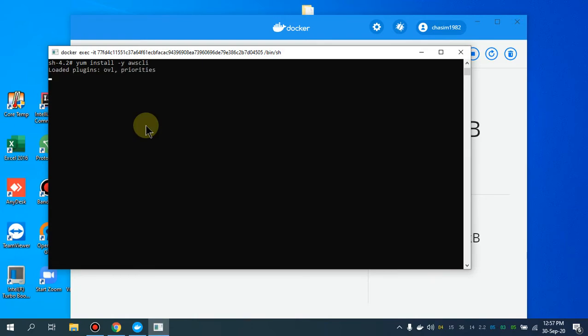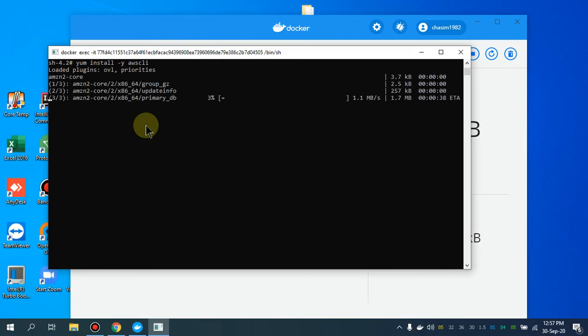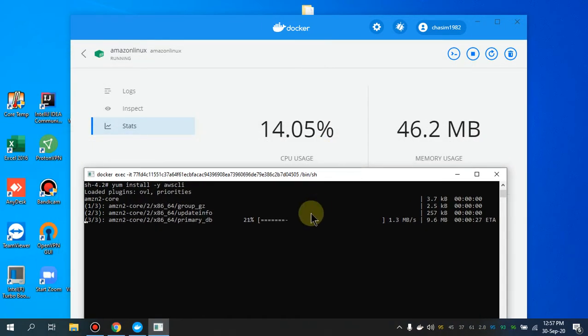So just like on your EC2 machine, you do yum install AWS CLI. So everything is going to be installed for you. You see the stats as well. So this is the really cool way to manage your infrastructure, manage your deployment, whatever you want to do, by simply installing this Docker binary, and you can use